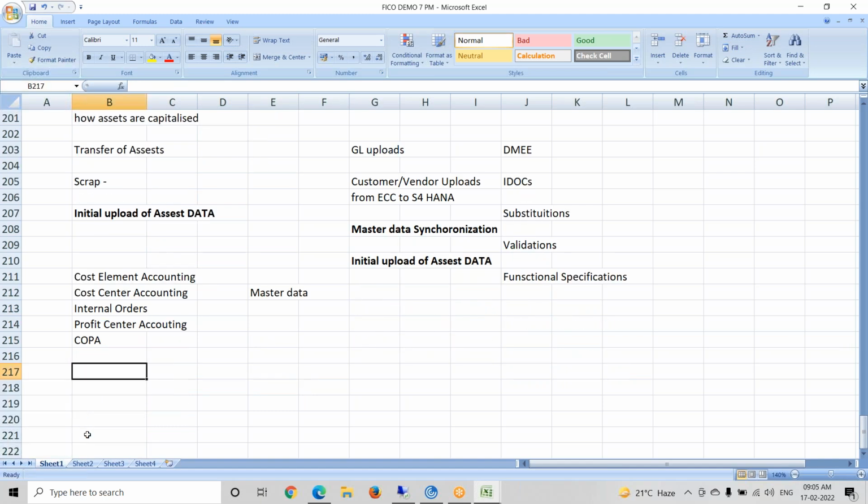Somehow you can manage with COPA. Yes, we have a depth understanding of COPA that I can explain. This is a CO concept partially, because in COPA the values are updated from FI and SD only. We have to map how the values are flowing in CO in COPA reporting.